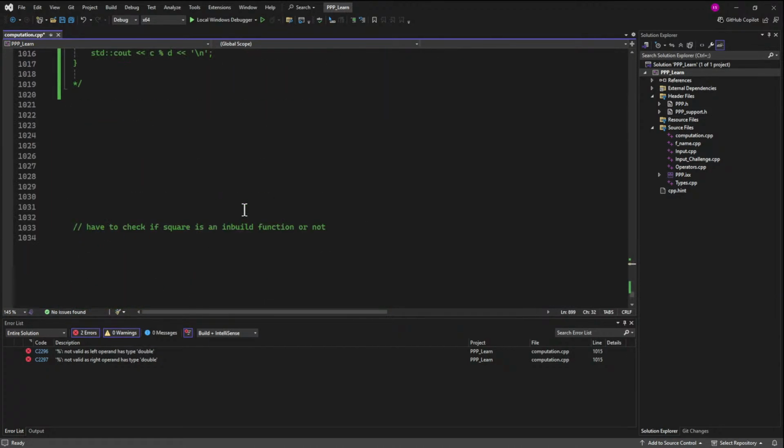Okay, I have some questions for myself. I will note them down. Why modulus doesn't work with double but works with integer? Okay, and next question is,